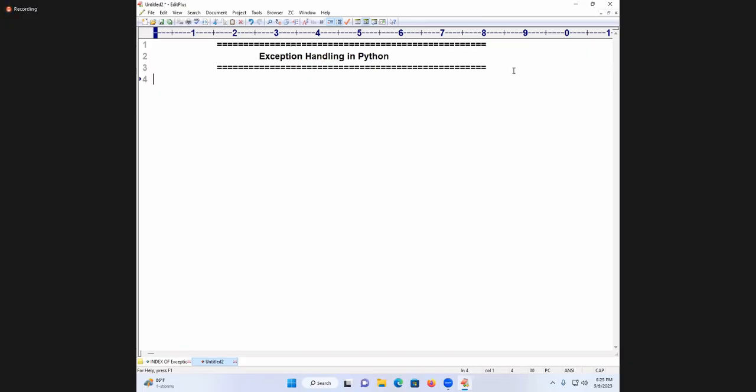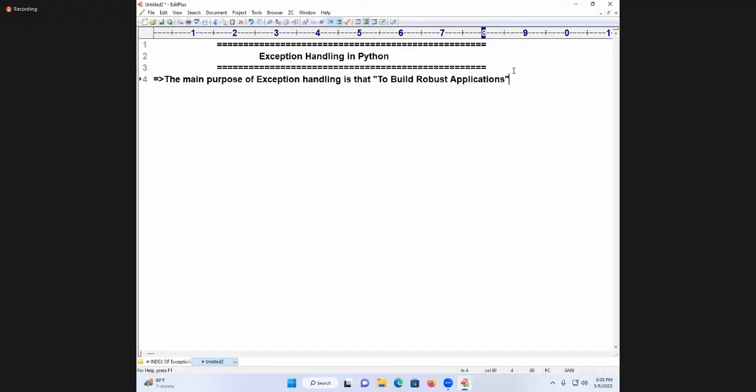What is the purpose of it? The main purpose of exception handling is to build robust applications.